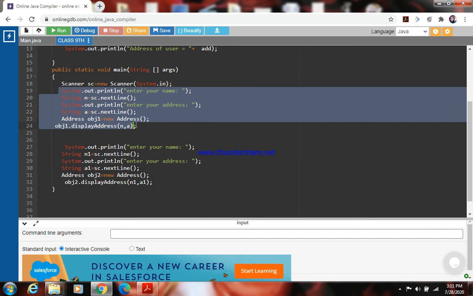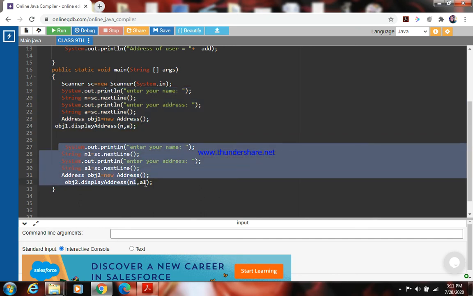This is part 1 for the first object, and this again I have given to the user that now again enter somebody else's name and address if you want to store for the next person, because in the question it is told to me that create at least two objects and store the data for the data fields. For two people I have to store the name and address.